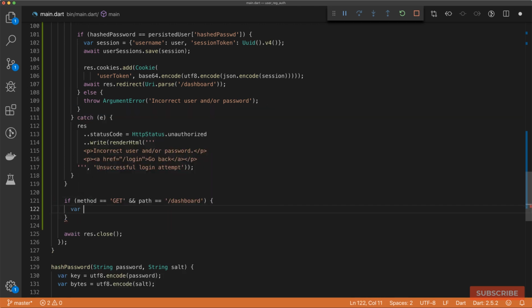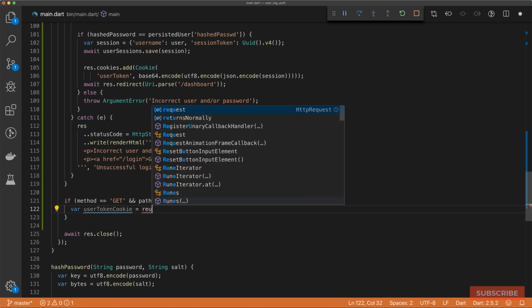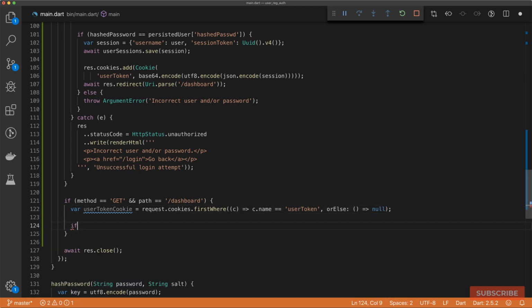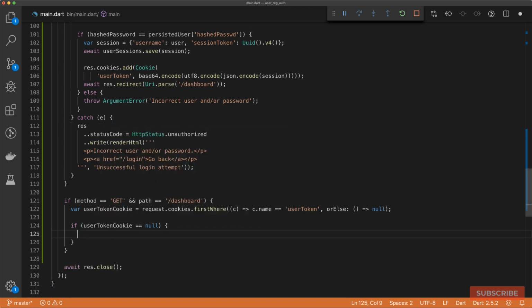First need to check our user token cookie, and the way we can do that is we'll look in our request object, then we'll look in our cookies, and we want the first result where the cookie's name is user token. And if that's not found, we just want to return null. So then from that, if our user token cookie is null, then we will redirect the user to the login screen. If it's defined, then we need to